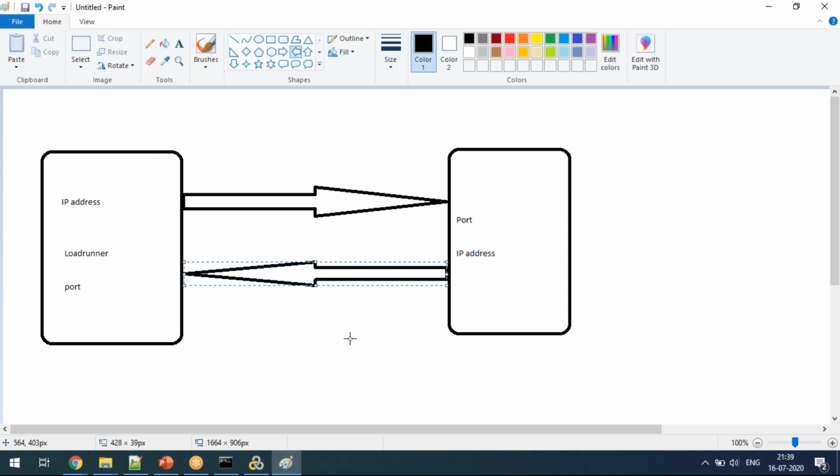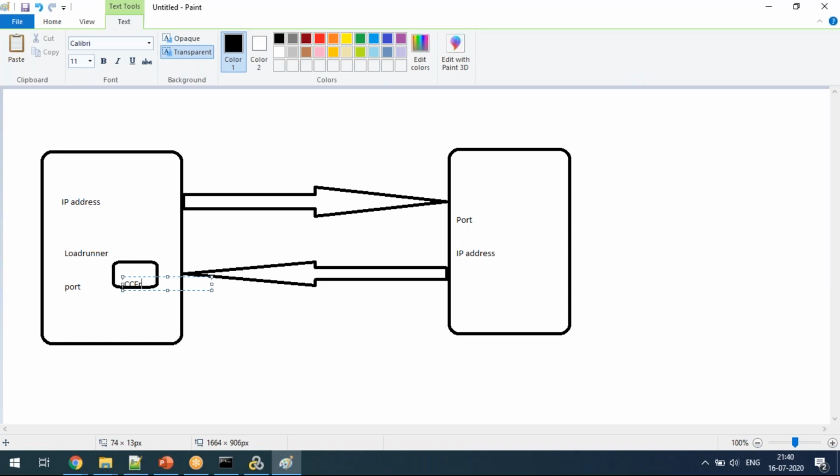There are times you may not be able to record certain traffic because that application is not communicating in HTTP. It is communicating in HTTPS, the secured way. If it is, it is very simple, guys. There is a certificate available in LoadRunner, the LoadRunner certificate.